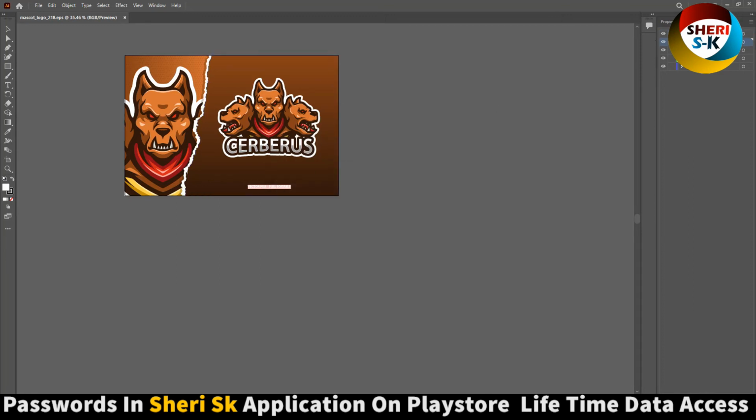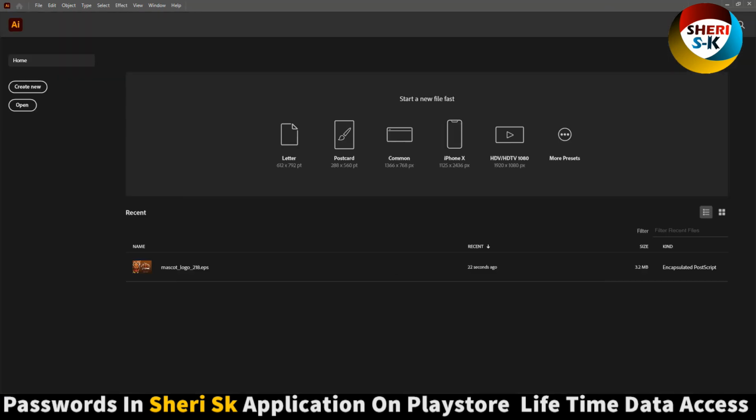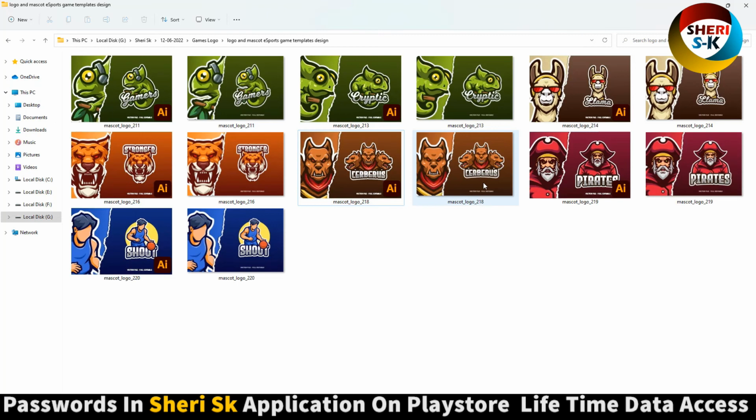Here is our object. You see, you can change everything. Okay, change color, change background or anything. Okay, now same thing is here. You can change color, you can write any text in Adobe